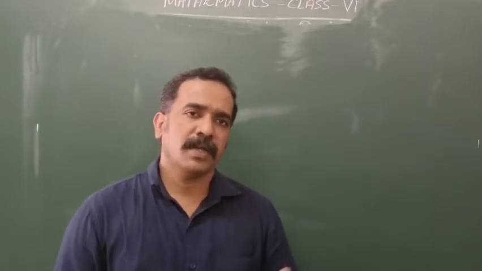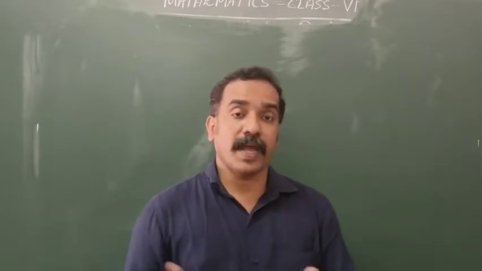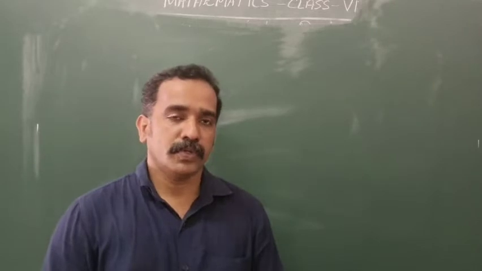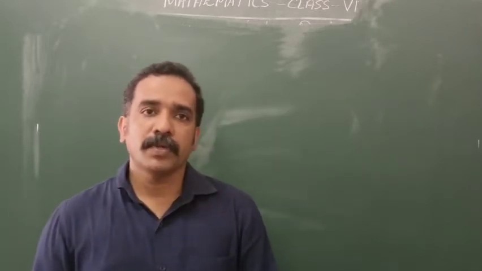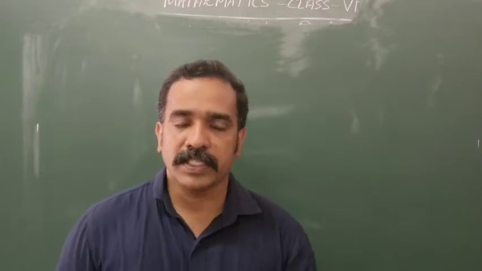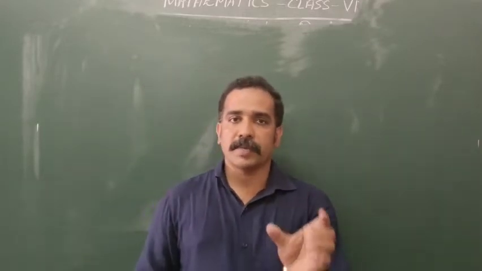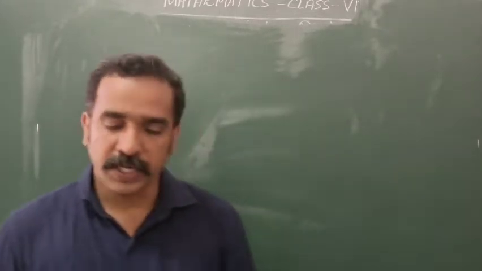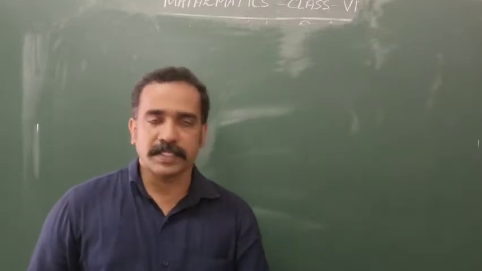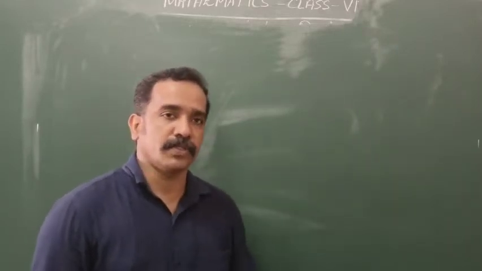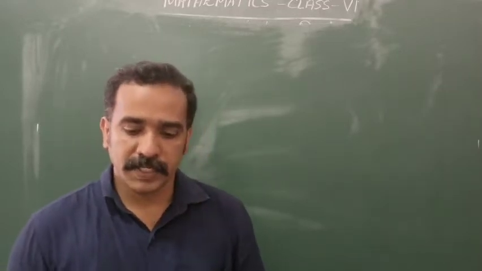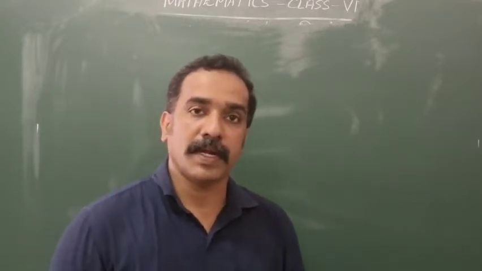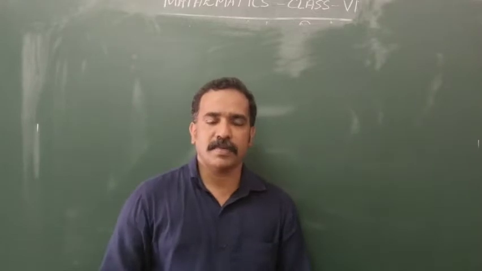And there are some special things we studied. How can we add, subtract, multiply, divide using the number line we studied. How to use the BODMAS rule, that also we studied. And in this chapter, we are going to see some characteristics, that is, factors and multiples of a number. That is what we are going to study. Maybe some basics about factors and multiples you already studied in 5th standard, but today we will study factors and multiples in more detail. What is meant by a factor and what is a multiple?